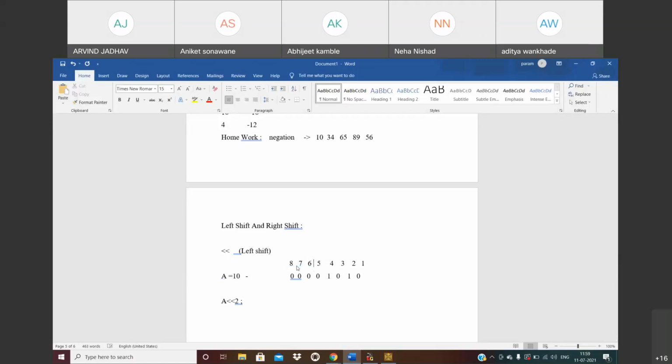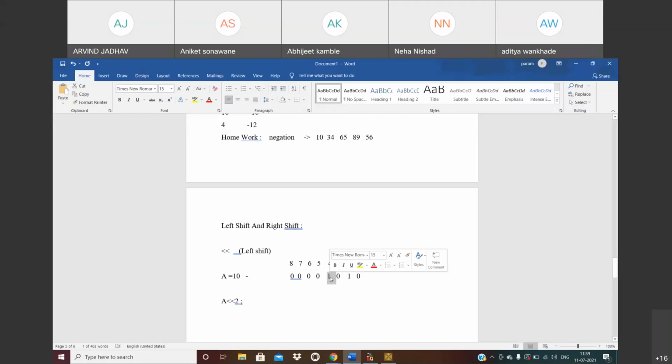अब नाउ वी नीड टू डू व्हाट? वी नीड टू शिफ्ट 2 बिट्स. लेफ्ट शिफ्ट है तो लेफ्ट साइड को शिफ्ट करना है. इसका मीनिंग क्या है? अगर आपके पास 1 है, 0 का तो कुछ मीनिंग नहीं है. 0 को शिफ्ट करके कुछ भी वैल्यू नहीं है, बिकॉज इट हैज अ 0 वैल्यू. आपको शिफ्ट किसको करना पड़ता है? 1 को करना पड़ता है. बट ये 2 बिट के अंदर होता है. अब इसके अंदर these are 2 bits. Simply और मैं तो सजेस्ट करूंगा कि 0 को इग्नोर कर दो, ओनली 1 को ही ध्यान में रखो.